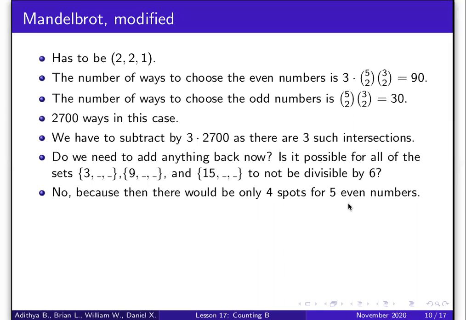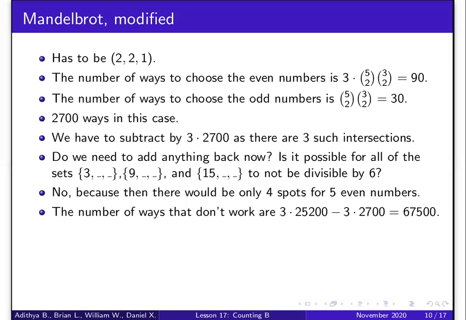So that's it. We're using complementary counting. So the number of ways that don't satisfy the problem is 3 times 25,200 minus 3 times 2,700, which is